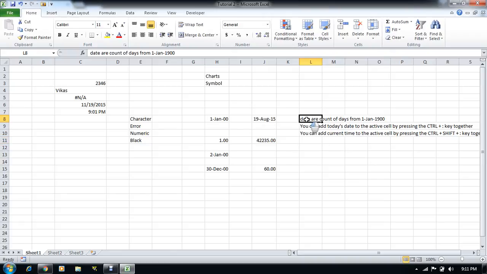Now we are aware about the dates, how dates are added to the Excel. So mainly I would say that date and time are nothing but numeric values, and we format those values as a date and time as per our requirement.